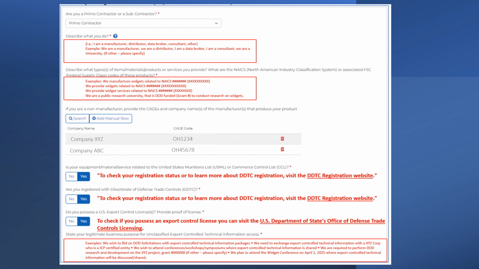Export control license. You will need to provide proof of this license. So if you're involved in exporting defense-related articles or services, you will need an export control license. If you have one, be prepared to provide evidence of it. To check if you possess an export control license or to learn more about obtaining one, you can visit the